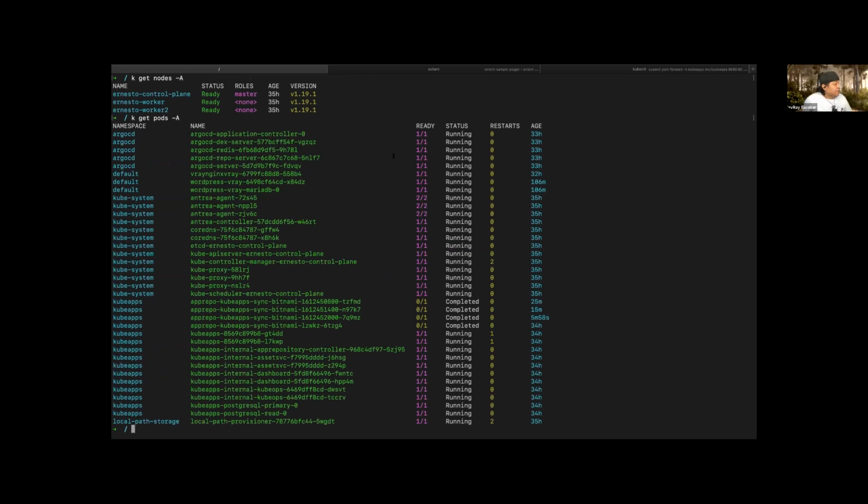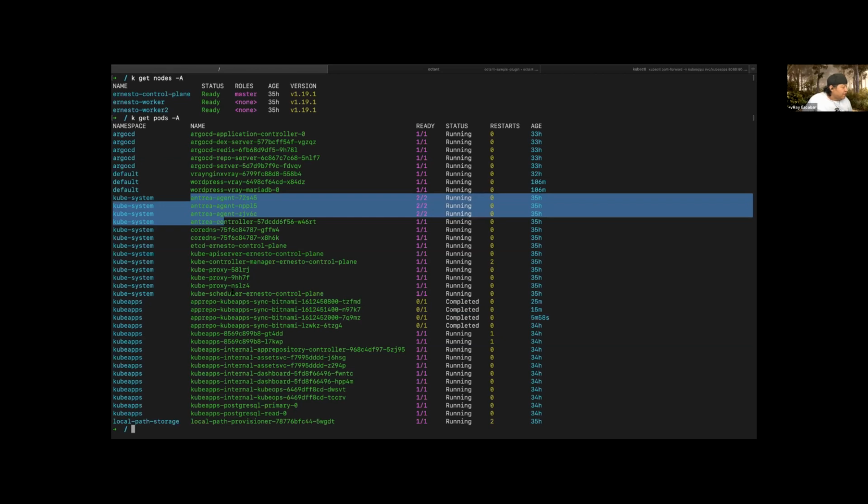You can see here everything is running, well, except for this one, but that depends on the sync from the Bitnami Helm charts, right? But everything is running, and you can see as well that I have Antrea, a bunch of cool things to test, right?